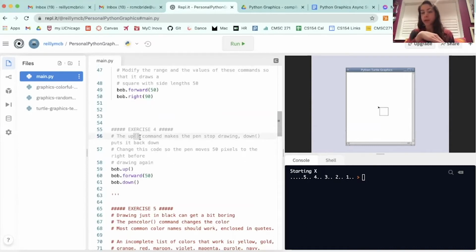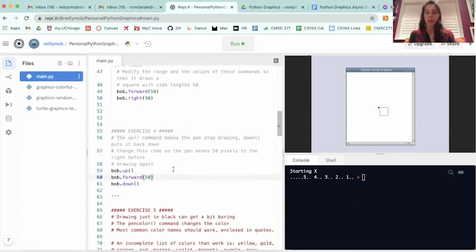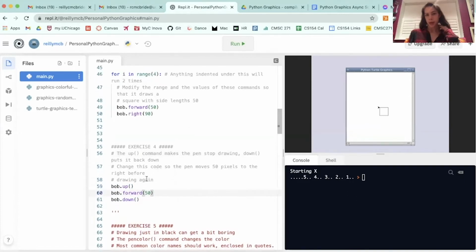Imagine that Bob, maybe he's a robot turtle, can pull a lever and pick the paintbrush up, and he can move with the paintbrush up, so he's not leaving any trace. And then he can put the paintbrush back down again and keep moving. So if you've called the up command, the paintbrush is up, and you can move, you can turn, you can do whatever you want with the paintbrush up, and it's not going to leave a mark until you do the down command again. So let's